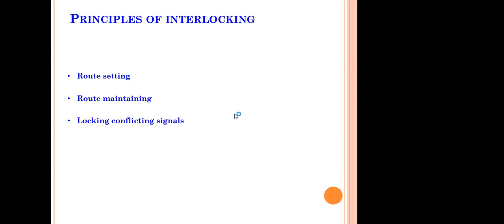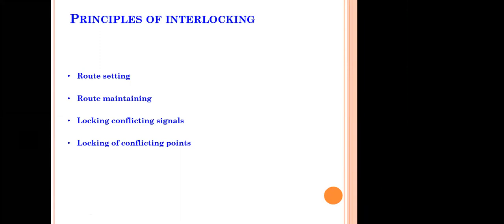Okay. Now, locking of conflicting signals is the third rule of the railway signaling principles of interlocking. Fourth rule, locking of conflicting points. As Mr. Solomon was mentioning yesterday, ensuring the isolation. We need to ensure the isolation here, locking of conflicting points. So these are the four rules which are to be satisfied